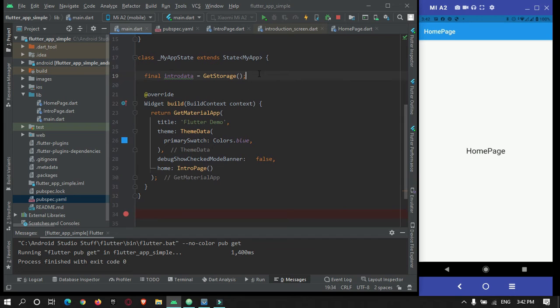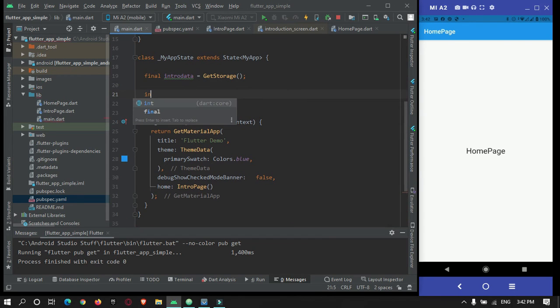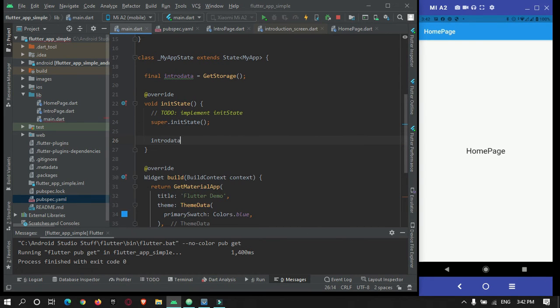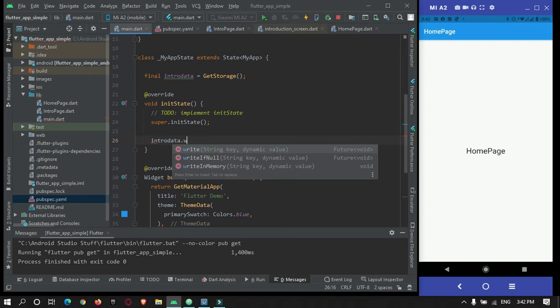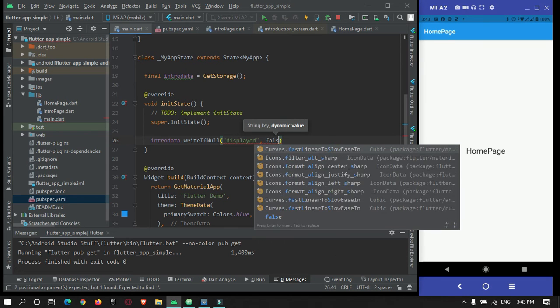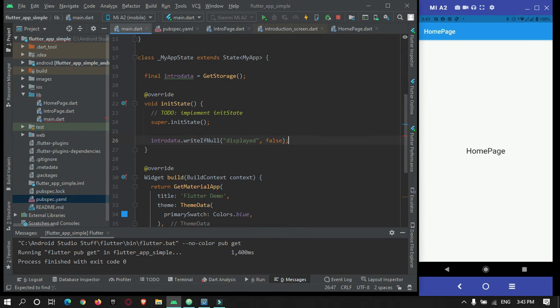After doing it, here in the init method, write a check: if the display key is null, meaning it is empty, then set it to false, meaning the intro has not been shown to the user yet.